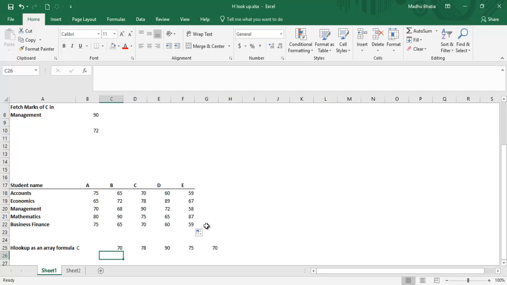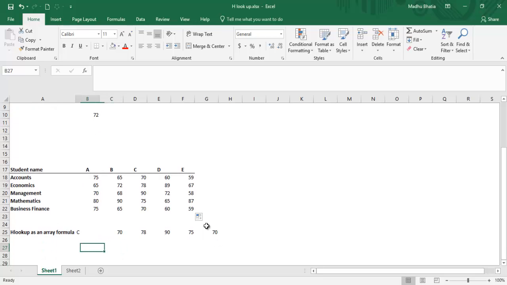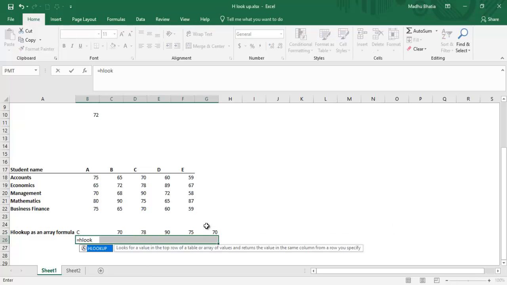Now let's see how HLOOKUP can be used as an array formula. I've already done this here, but let's do it once again. You want the marks of C for all the subjects, that is 70, 78, 90. We want it in this manner. So what you will do is select all the cells the way I have selected. Now you put in HLOOKUP, open the brackets so the formula can be inserted, and I'll say C, close the inverted commas,